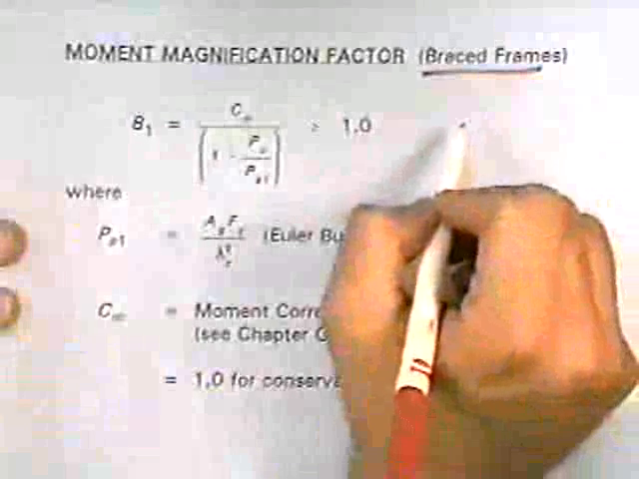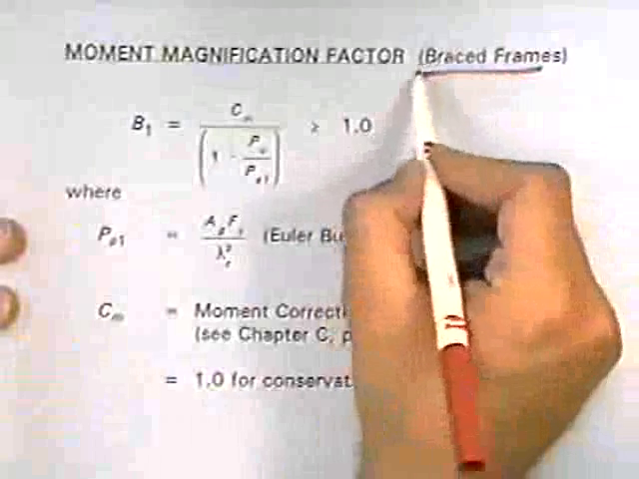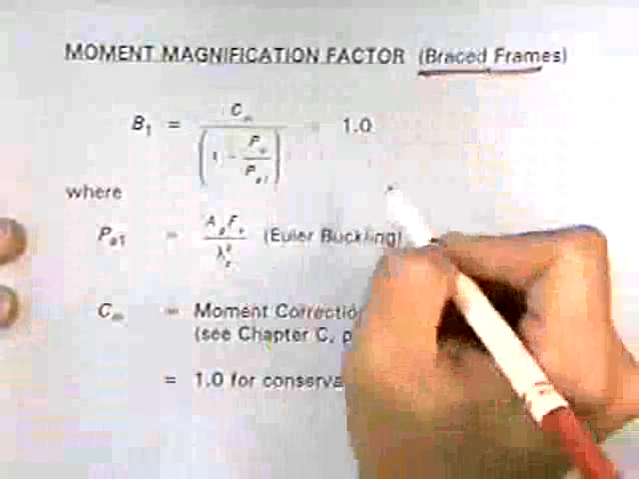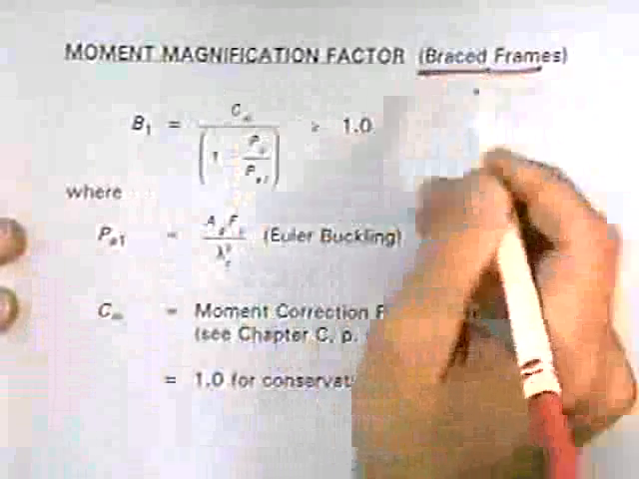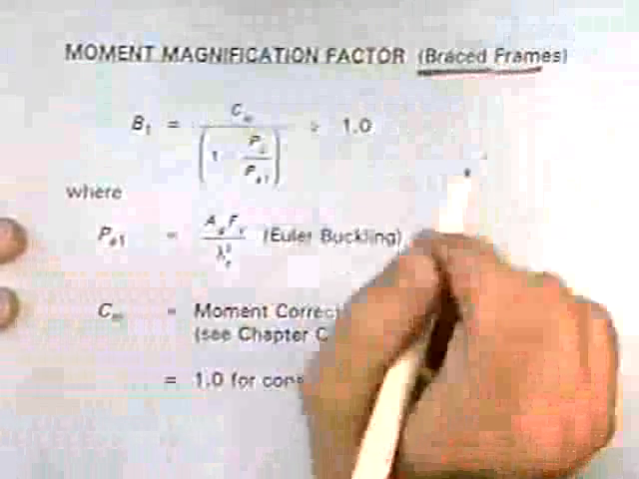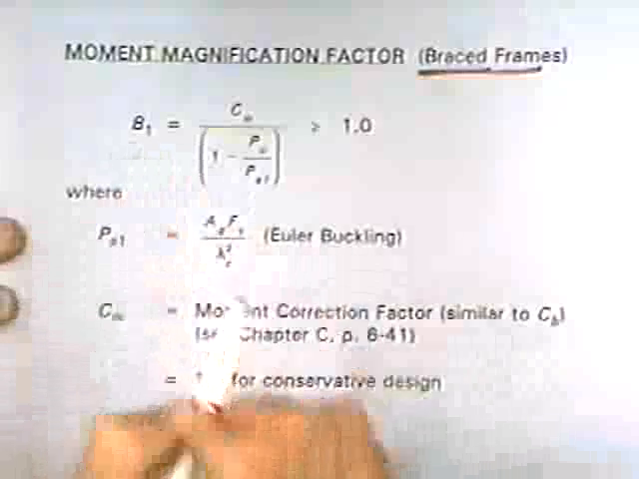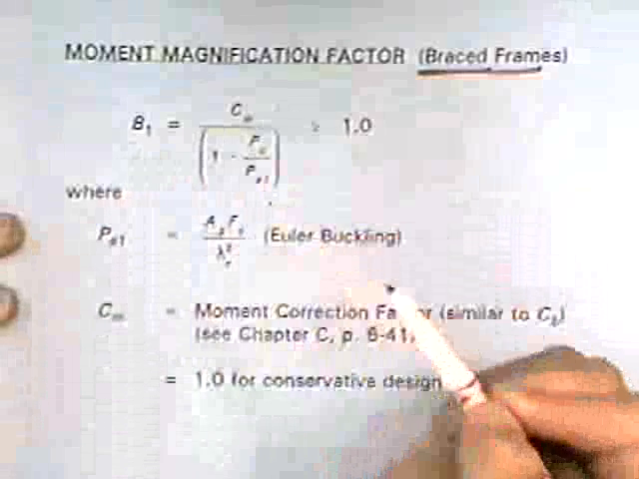And this moment magnification factor for braced frames, it gets more complicated when it's unbraced. There's actually another moment magnification factor. Don't worry about it, because typically they don't go into that complexity in these problems. But the moment magnification factor is B1, and it's given by this term here,